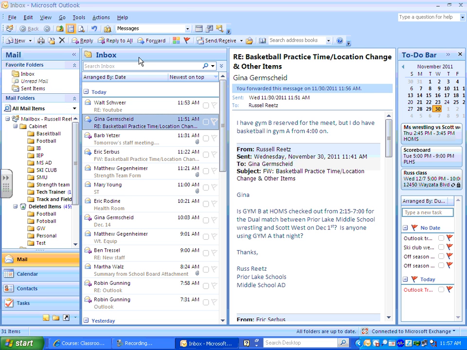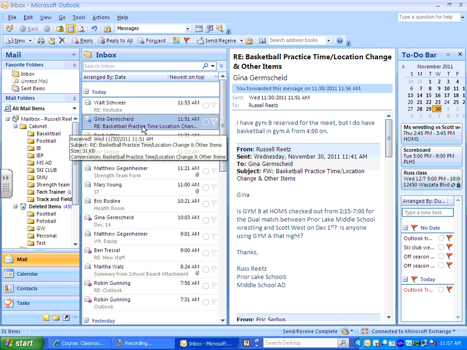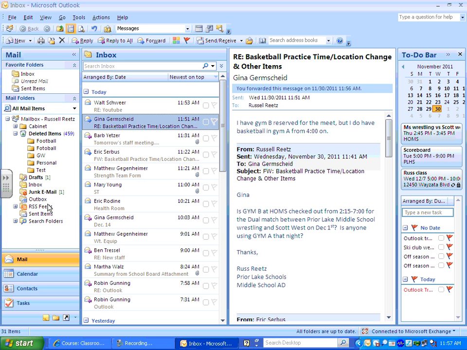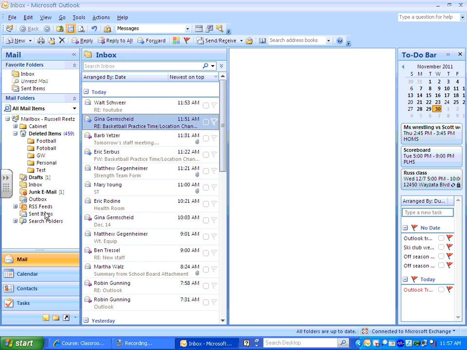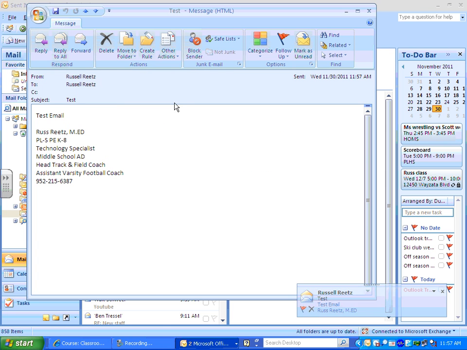Other things I'd like to show you. A lot of people have asked if you can retrieve an email that you have sent out. So I'm going to send myself an email here. Call it a test email. I'm going to hit send. Now, if I sent an email and I thought, oh my gosh, I forgot the attachment, or I want to go back in and change something, or I wish I wouldn't have sent that email, if you go into your sent items, you should be able to view the email. Here it is right here. If I click that email,